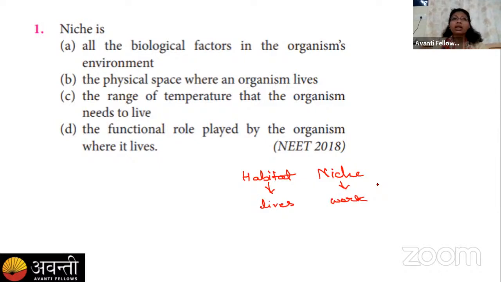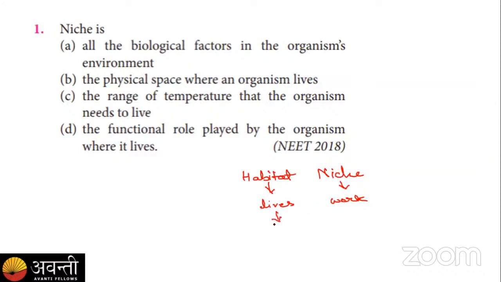For example, you are staying at your home, you are living at your home, so that means you are present at a habitat. But when we go to a workplace, such as your school, where you have to go and perform your function, that is studies, we can say that is your niche. So the example for habitat is home, and the example for niche is the school, right? Everything is clear as everyone has already given the correct answer. Let's move to the next question.